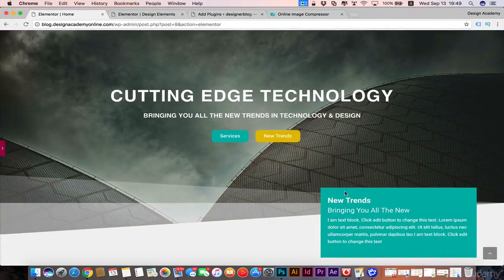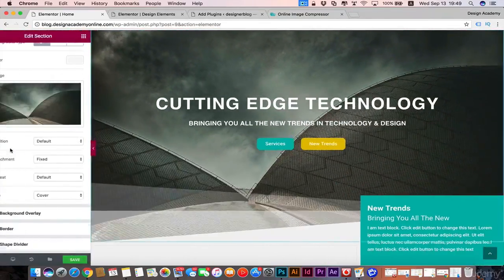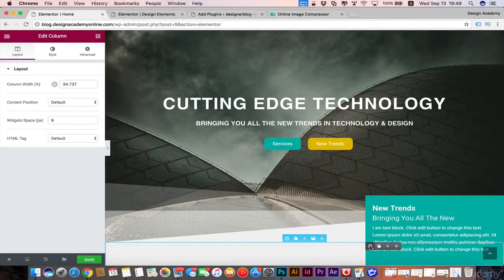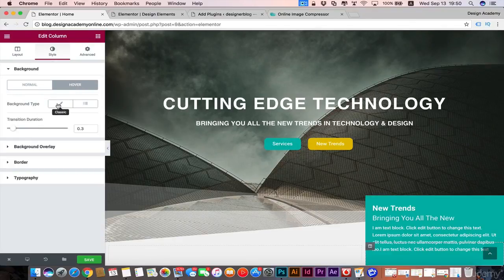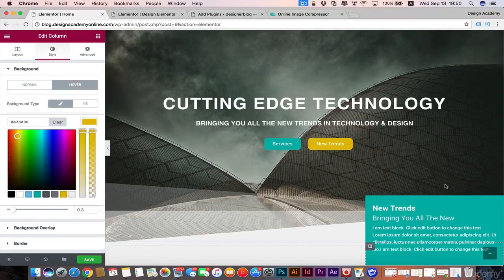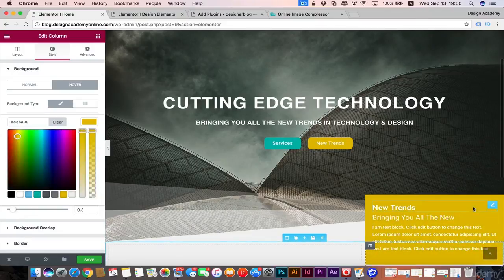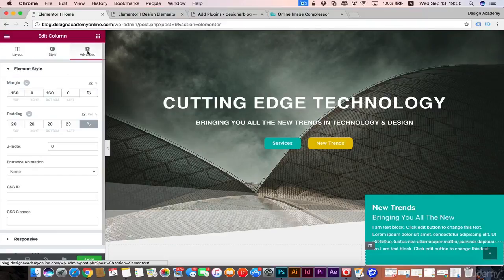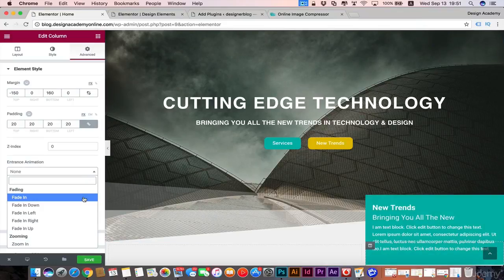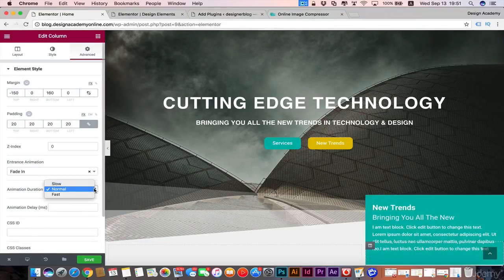One more thing to make it even more dynamic, we're gonna edit our column section and edit our part in here, and we have the style. We can choose our hover and make it classic. So when you start hovering over that part of the website, it's gonna change its color to that nice yellow. And then we have in advanced settings, to give it more advanced dynamic effect, this entrance animation, and this is our loading style of this element, so we can make that one fade in